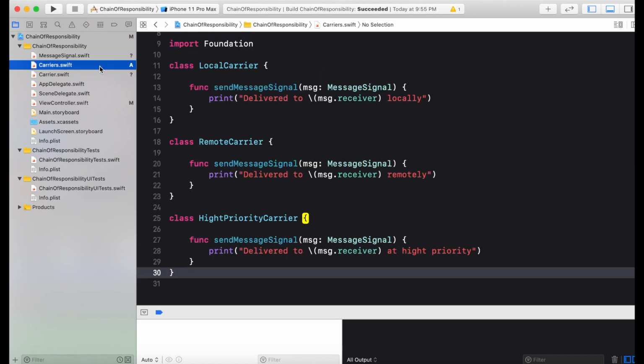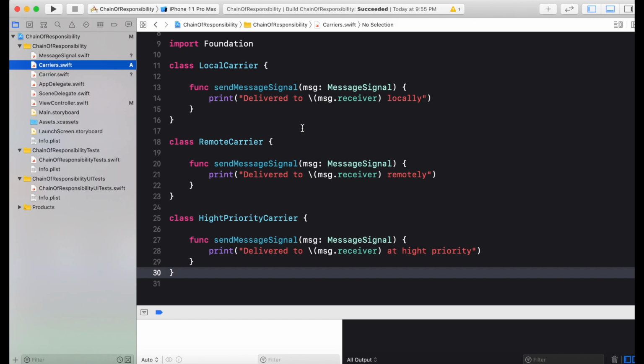There are three more classes in the form of local carrier, remote carrier, and high priority carrier. These are dedicated classes to deliver a particular type of message. As I have already told you, for the understanding purpose, we are not jumping into the underlying details that are required to deliver this message into a particular area.